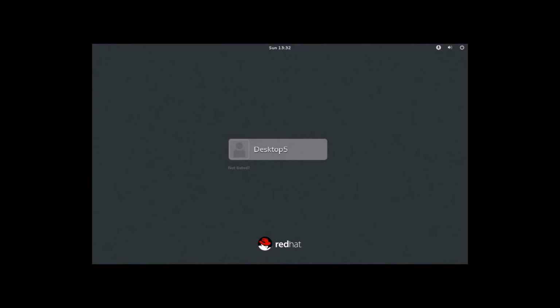Now I am entering the Red Hat Enterprise Linux 7.1 version. This is my username, desktop5 is the username. When I click this one, I am typing the password redhat123.